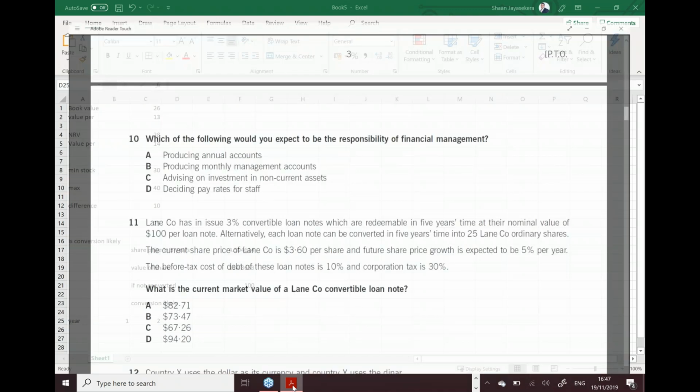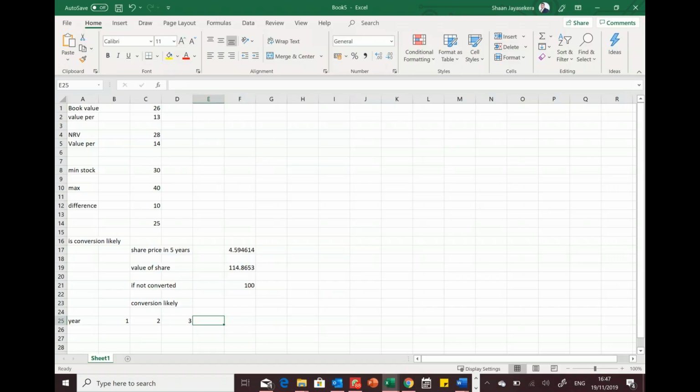If you do this, you get interest. The interest you're going to earn on this is basically 3% on 100, correct? So that will be equal to 0.03 into 100. So this you will get for the next 5 years. Then